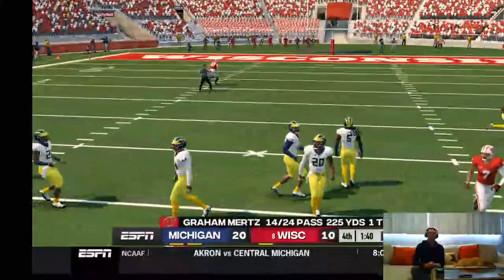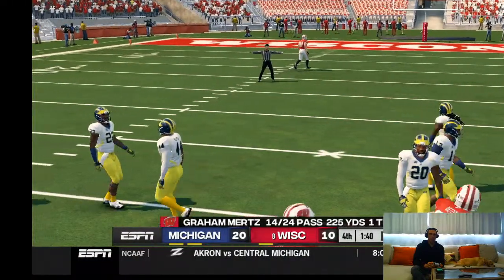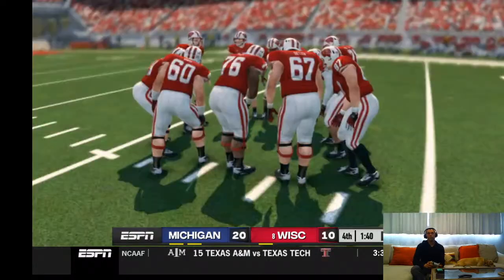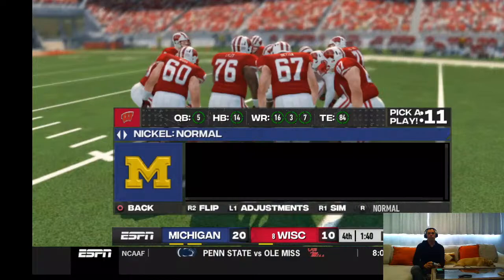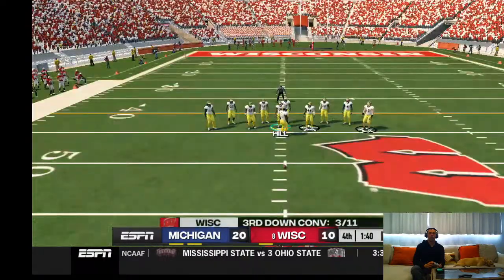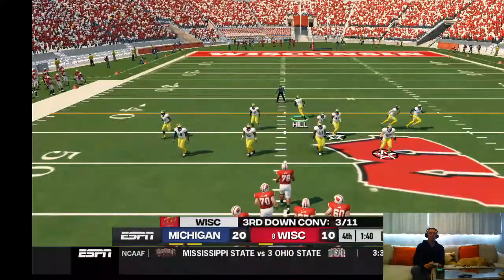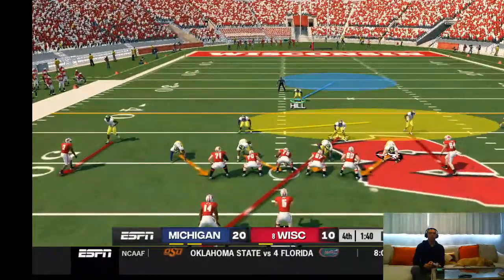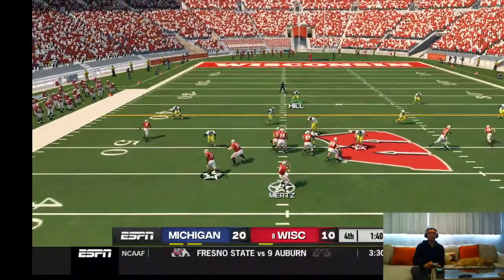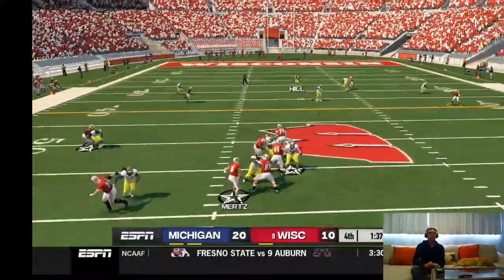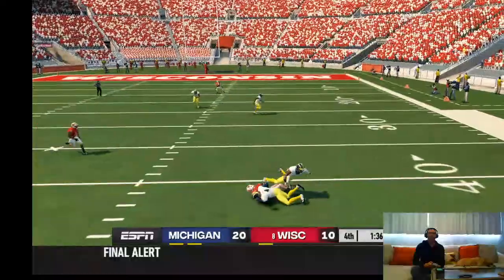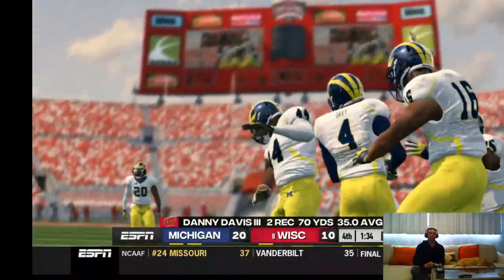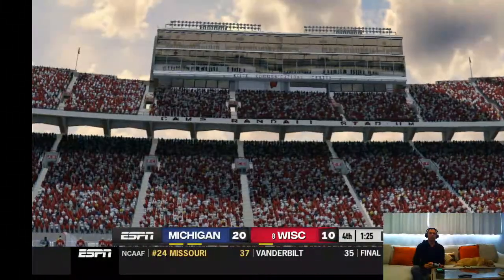And that one's incomplete. Number 7 was the intended receiver on the play. That brings us 3rd and 10. Third down now, and they need to get it inside the 41. Pick it. Oh. That's a great tackle at the 41. That's good for a gain of 2 yards. That makes it 4th and inches.